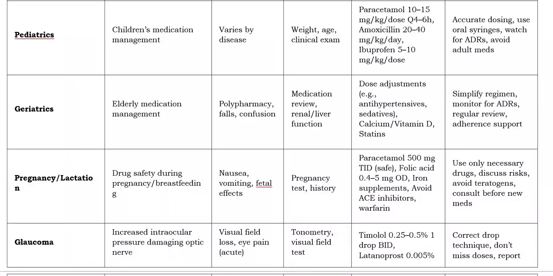Critical area: drug safety during pregnancy and lactation. Issues listed: nausea and vomiting during pregnancy, which might need treatment, and critically, potential fetal effects from medication exposure. Diagnosis involves confirming pregnancy and getting a detailed medication history. Yes, a pregnancy test and a thorough history of everything being taken, prescribed,